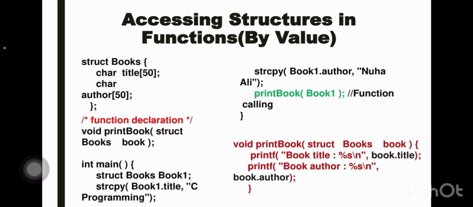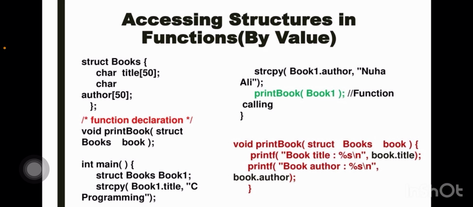Whatever we pass in double quotes will get printed on the screen. So it will print "Book title:", and after that we want to print the title, so we have given %s, because we are going to print a string. For this purpose we are using the %s format specifier, and then we are using \n, that will put the